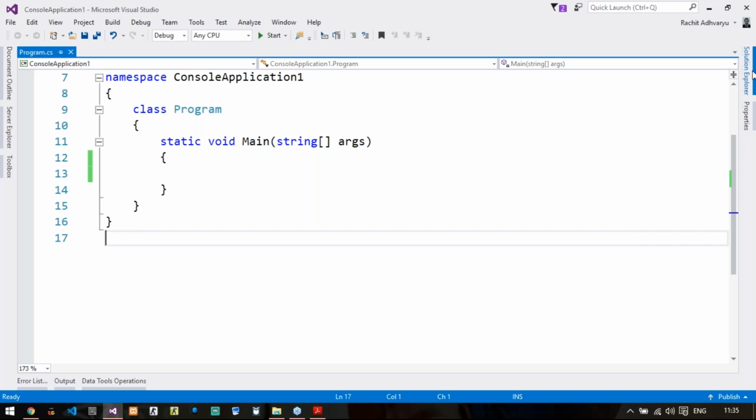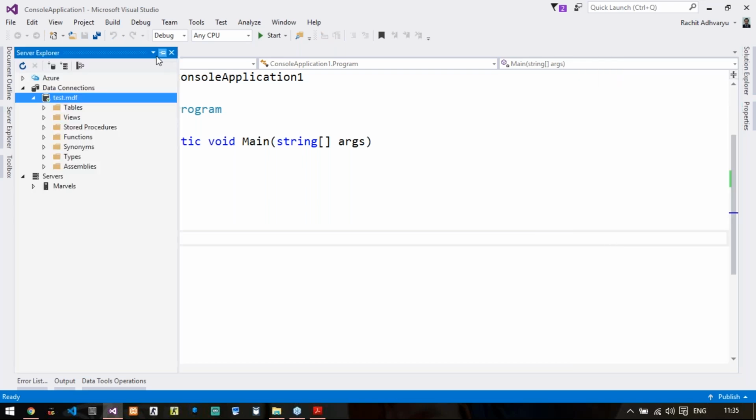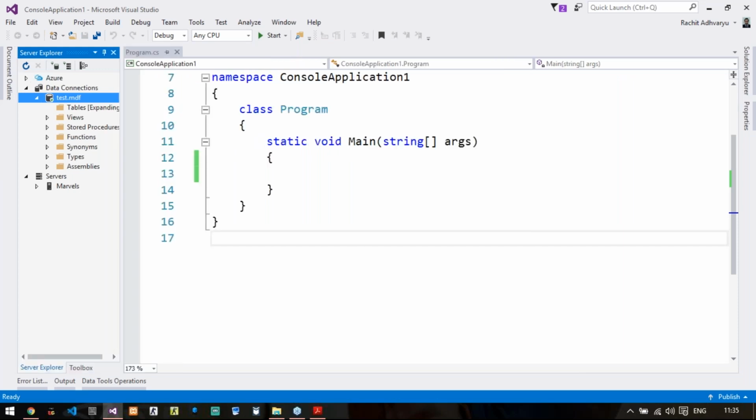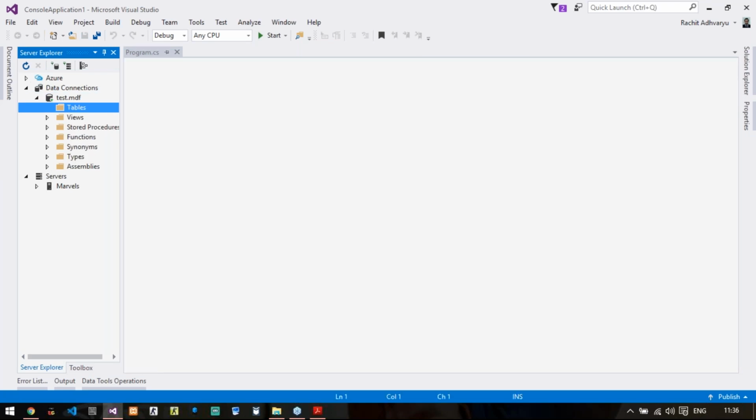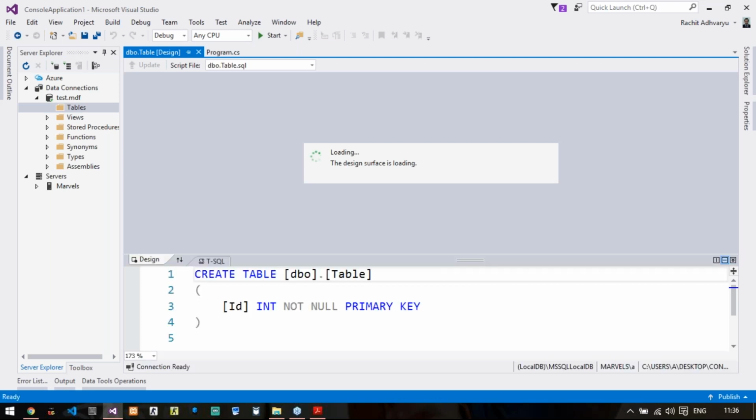So in that you click on tables. You don't have any tables right now, so right click on it, add new table. Is it visible, guys? Is it visible to you? Fine.